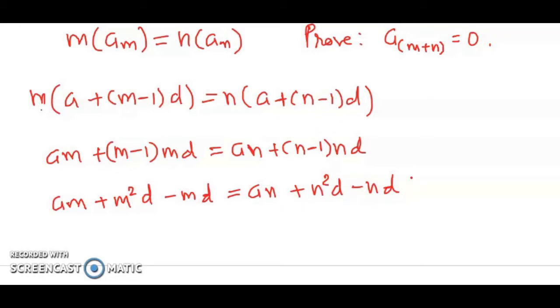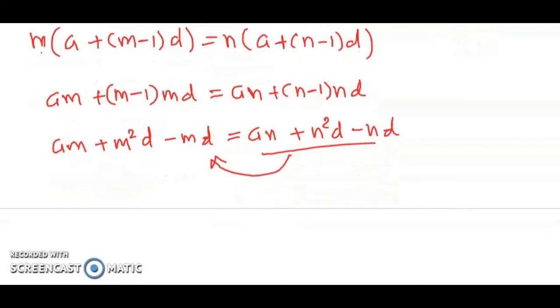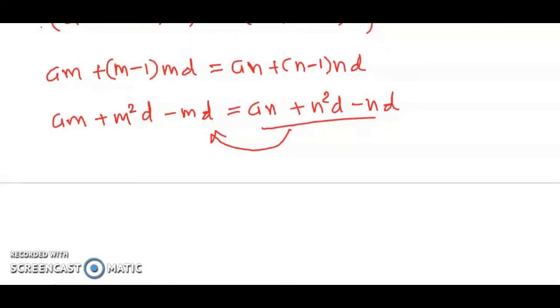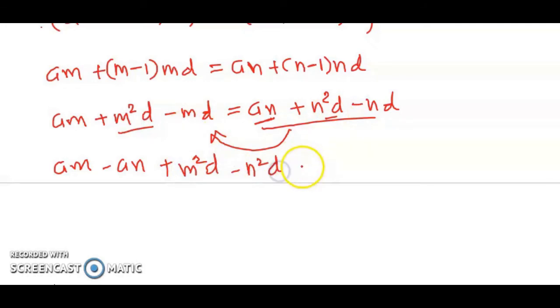Now take this left side equation to the right hand side. So here we get am, this an will go to this side, become minus an, and here m square d, and this n square d come to this side, become minus n square d, then minus md, and this minus nd come to this side, become plus nd,